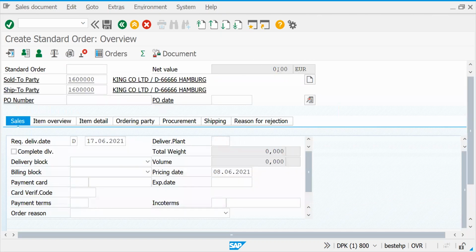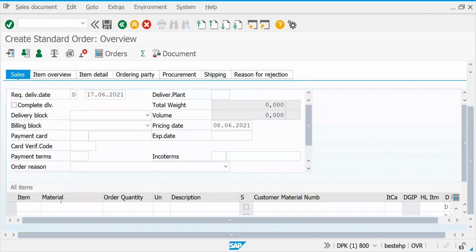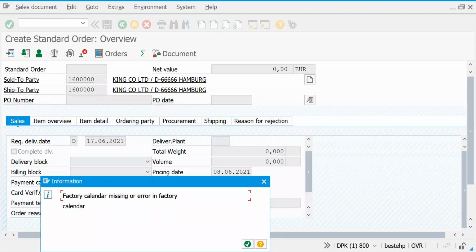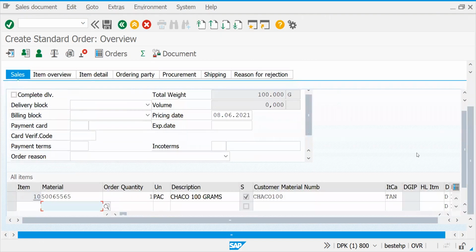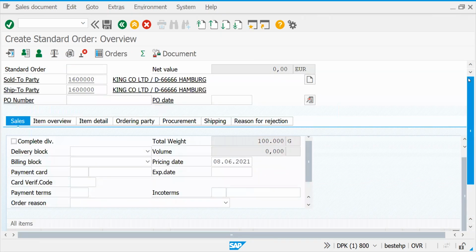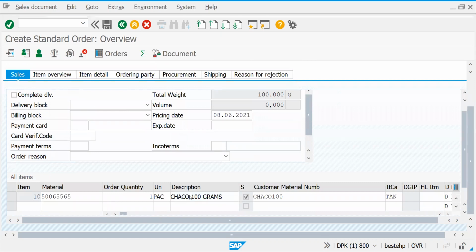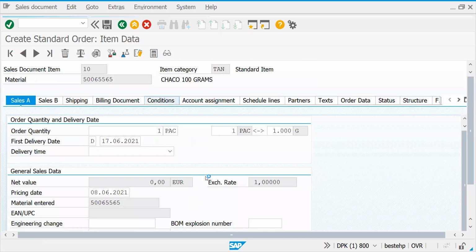If you see here, your net value is 0. Why are you getting 0? Because you haven't entered any material or quantity. Let's enter one quantity. Press enter. Still you are getting a price of 0. Let's go to the conditions.